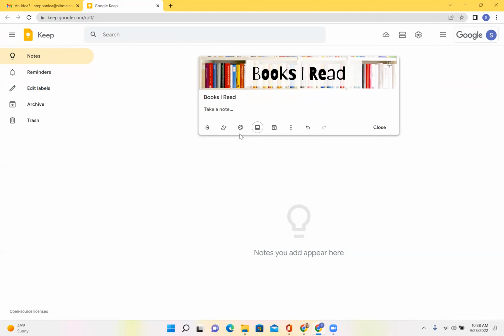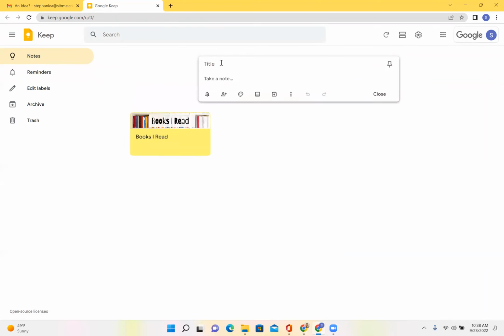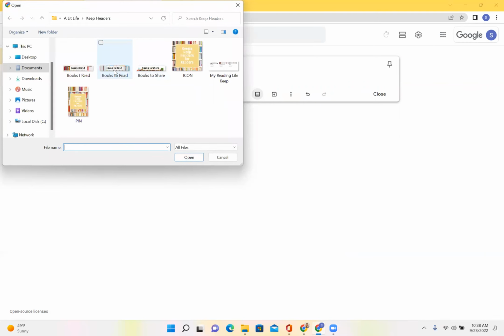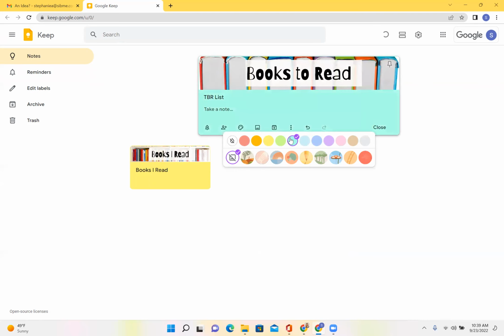If you want, you can change the color. So let's make this one yellow. Oh, that looks pretty. I'm going to have to do it on mine as well. Now let's do it for the next one. Books, let's say TBR list. Go to picture, open up, books to read. There we go. I'm going to make this one a different but matching, oh, I like this one better, matching